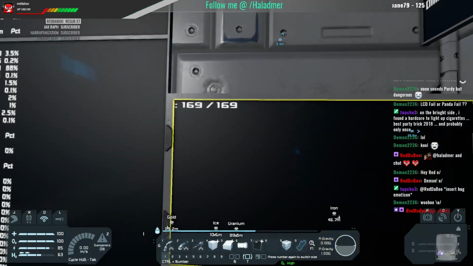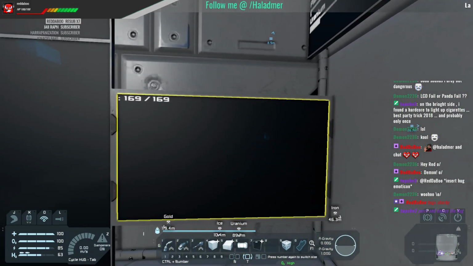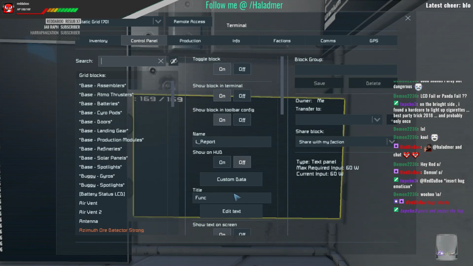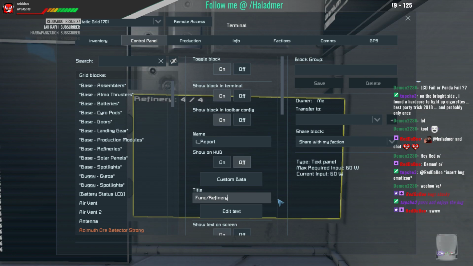And basically it's telling me I have 169 out of 169 functional blocks. Okay, yeah, not too useful, right? Well, if we go, let's see. Let's go functional refineries. Right, tells you, as you can see in the background there, it's updated saying I've got 4 working refineries. If we then say assemblers,